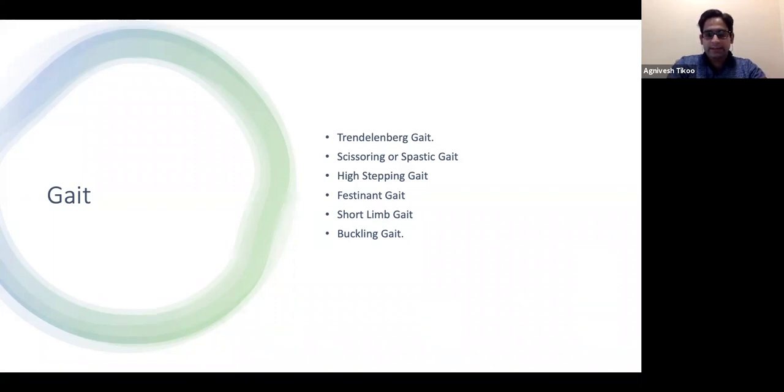The other is the scissoring gait or the spastic gait, and this type of gait may be seen in myelopathy patients. In cerebral palsy patients who have severe spasticity, it may sometimes be very difficult or impossible to split the legs of the patient, and this also creates a huge problem in perineal and private part hygiene.